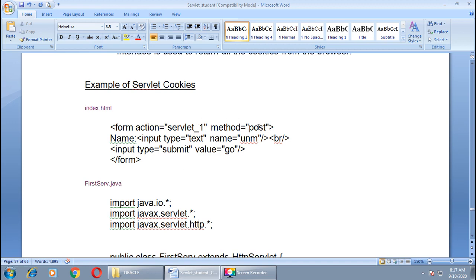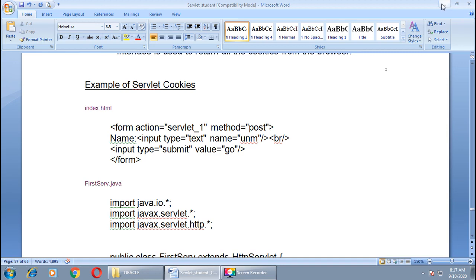Then method equals post. Whatever method you want to take, you can define over here. Then one text box is required and one submit button, right? So this is the coding of index.html.